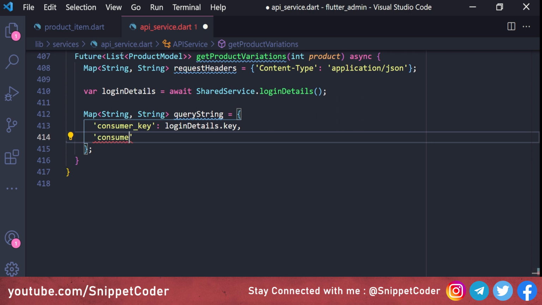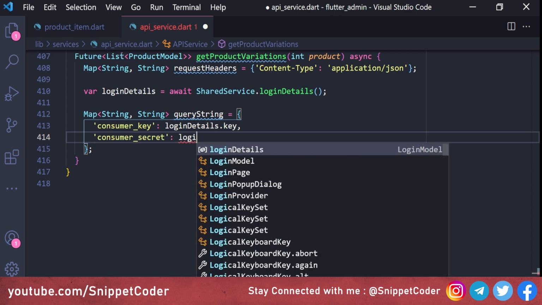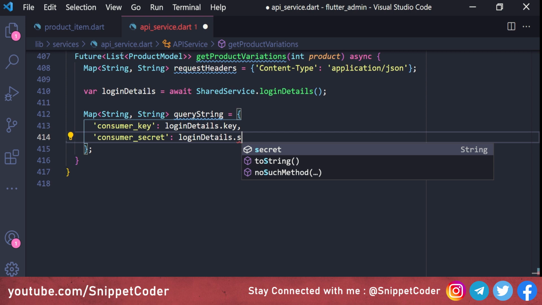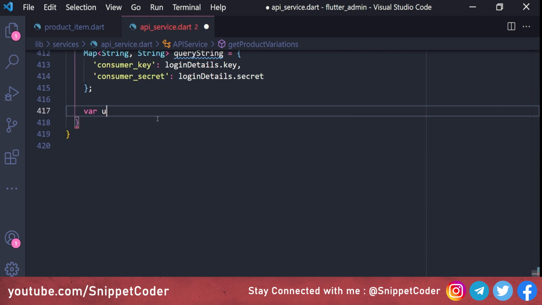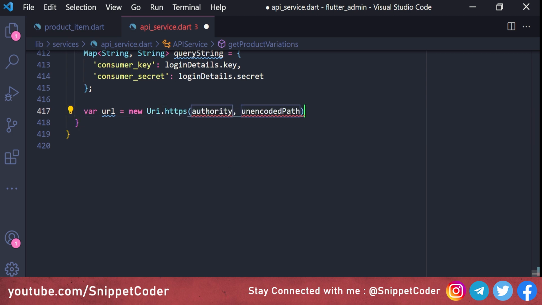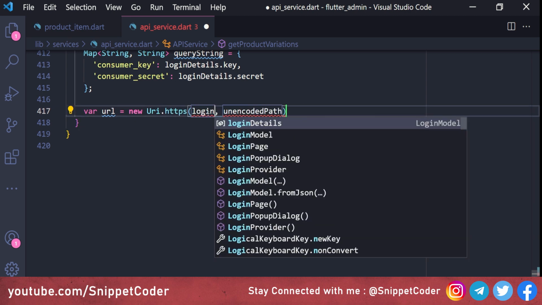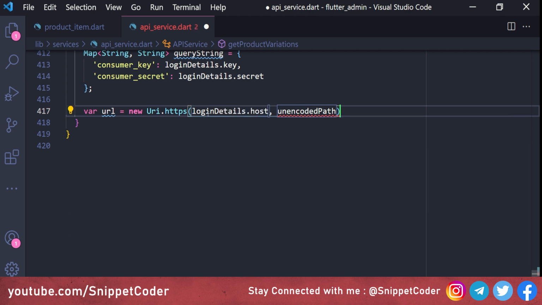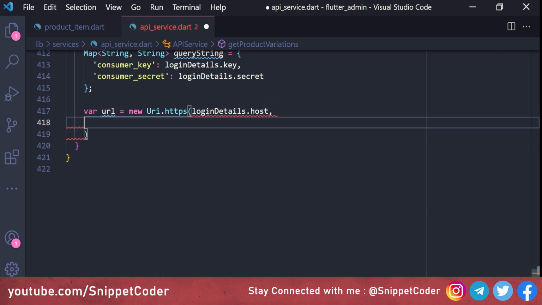Then we have our consumer secret, and that also we will pick from our login details dot secret. Then we have where URL is equal to new Uri dot https, and here we will pass the host name, and that we will pick from the login details dot host. And here we will pass the URL, and that is